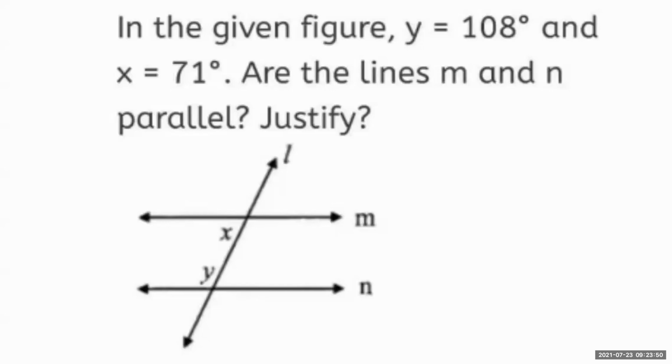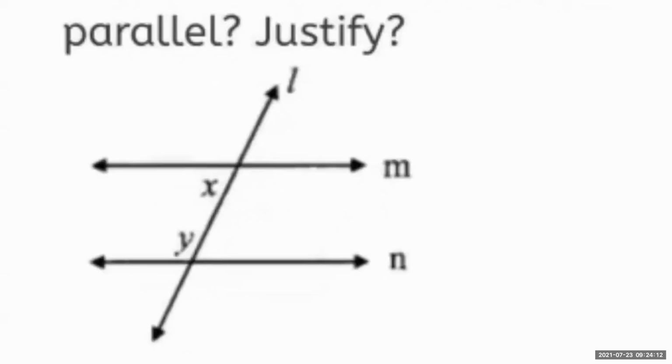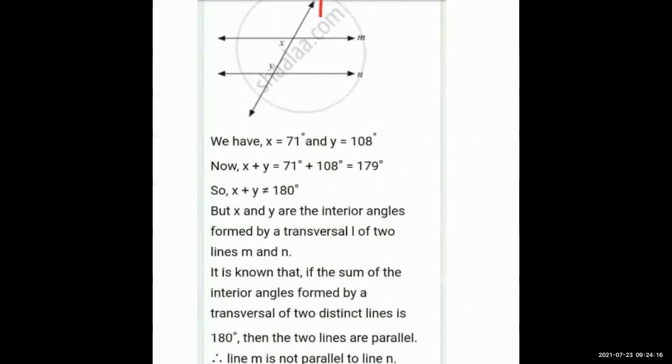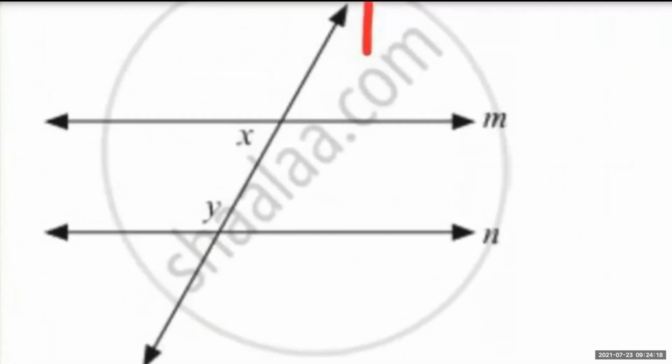So we have to show whether those are parallel or not. And what will be our answer? We have to justify it. If those are parallel, then why are they parallel? That we have to justify. And if we are saying those are not parallel, then why not parallel? That is to justify. Okay. So simply, see the next page here. Here is the diagram. Okay.